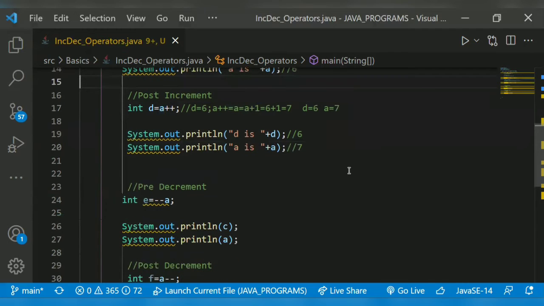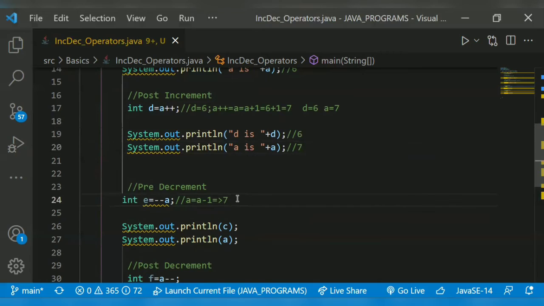Then we come to pre-decrement. In pre-decrement, as usual, it's the same as pre-increment. It will get decremented first. So e is equal to --a, which means a is equal to a minus 1. So which implies a is what? 7, right?